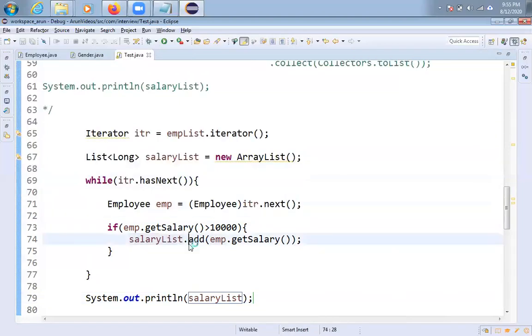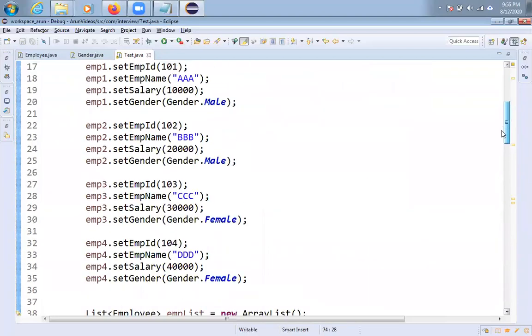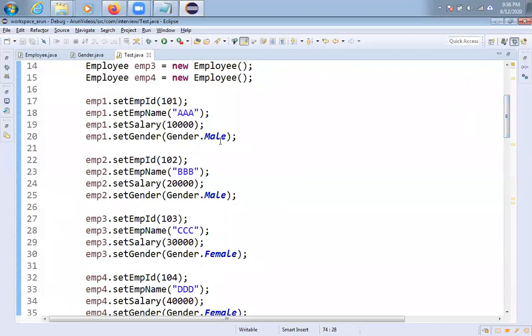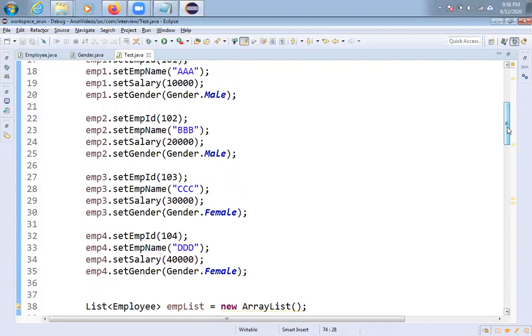Okay, I hope you understood. In the next video, what I want to do, friends, if you see here, I have a list of employees, male employees and female employees. By using Stream API, I want to group the employees gender-wise. I will use gender as a key.